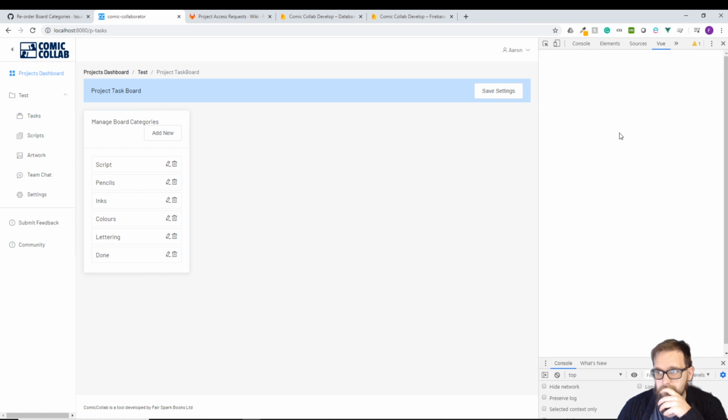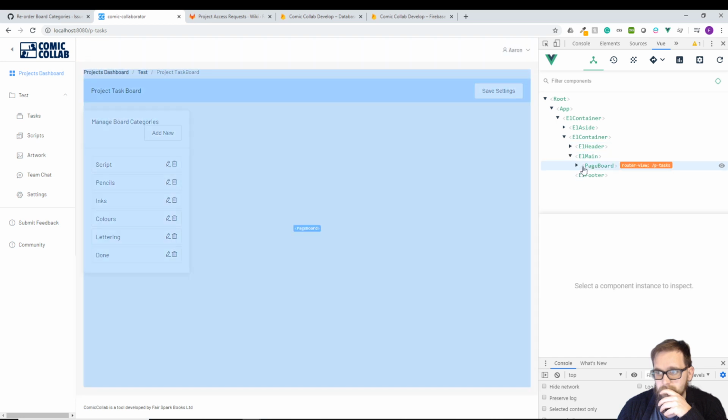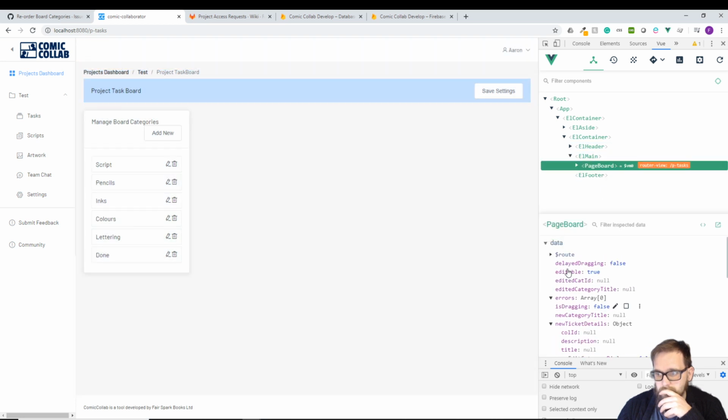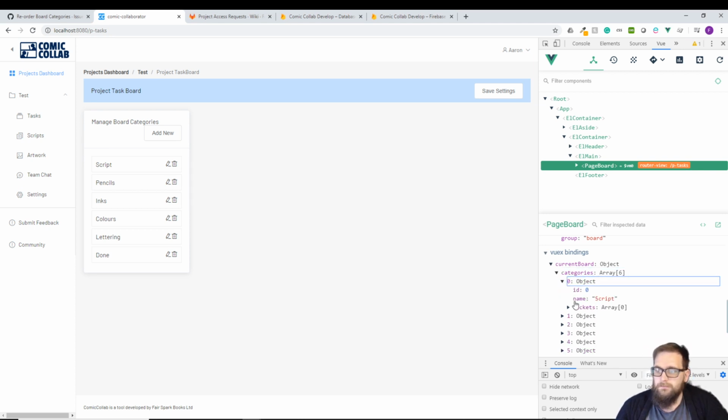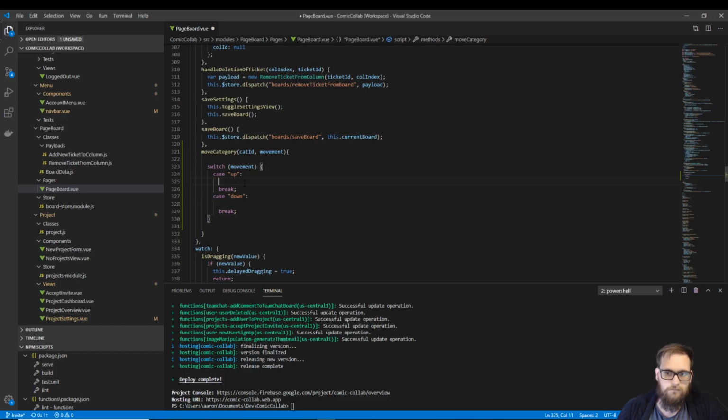So if I go to view, main page board, I want to have a look at categories. Okay, so category has fine. So it's simply, it would be